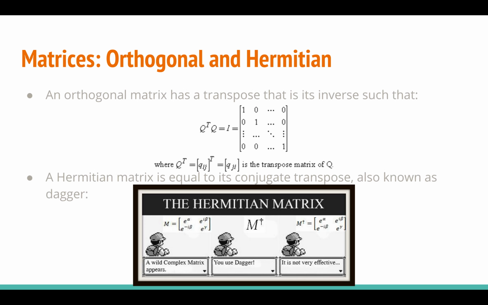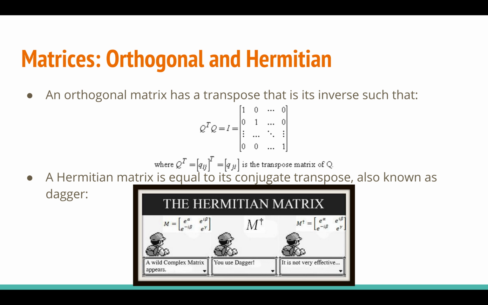Okay, so our first slide relates to matrices which are orthogonal and Hermitian. An orthogonal matrix is a matrix in n dimensions that has a transpose, and this transpose is its inverse. So I have a matrix Q such that Q multiplied by Q transpose, or Q inverse, is the identity matrix: 1, 0, 0, and so on, 0, 1. You know the drill there. So that's pretty cool. You can just flip around the rows and the columns and you get